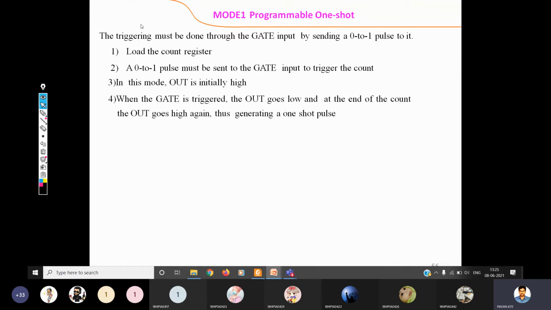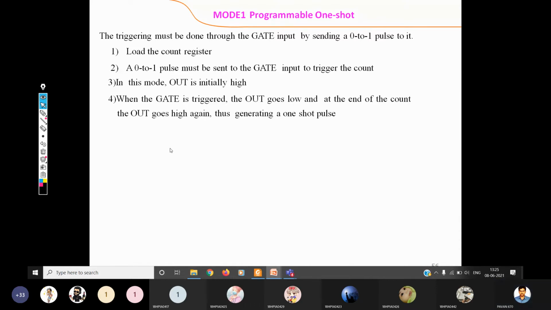In this mode, whatever counter you have chosen acts like a monostable multivibrator, and based on the triggering of the gate pulses, the counting action comes into effect. So we'll have a look at this one. Whatever the mode, the thing we need to do in common in every mode is load the count value into the counter register. That is the obvious thing.